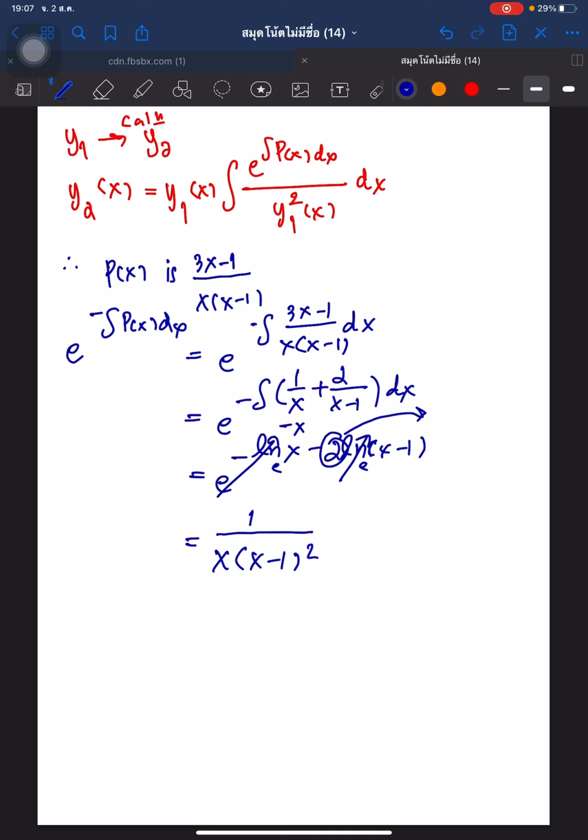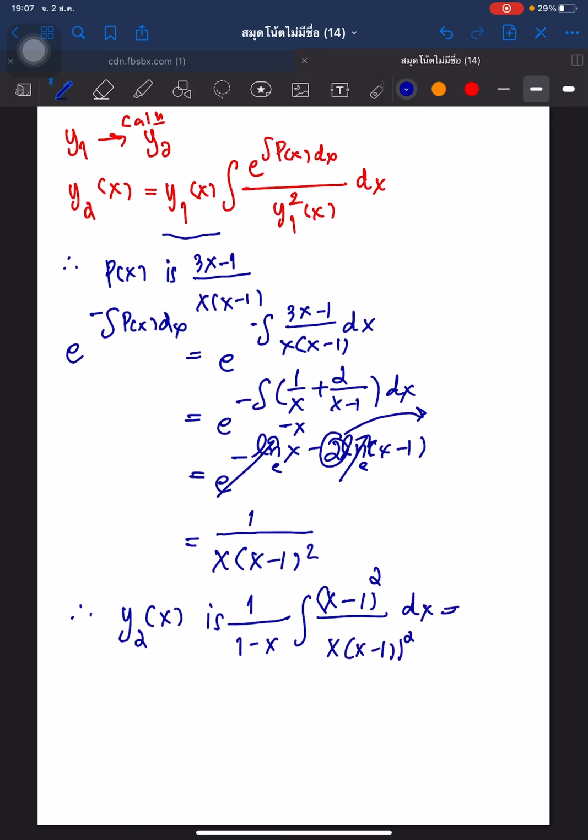okay, so y2 is integrating x minus 1 to the power 2, x minus 1 to the 2 dx equal, in the bracket, ln x, so we get y2. Okay,